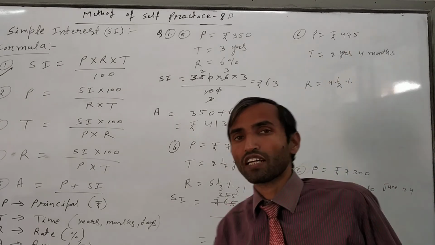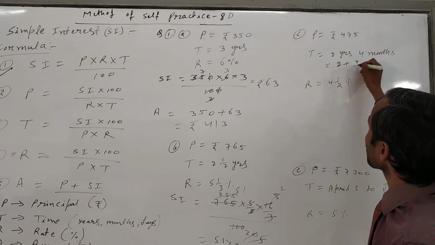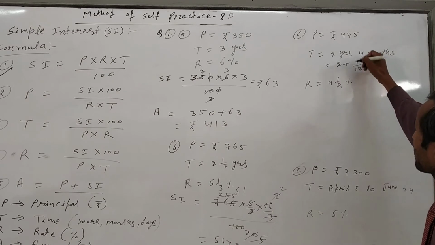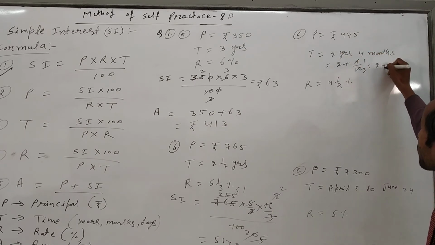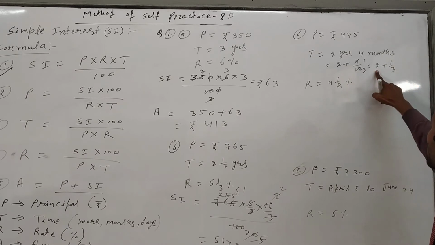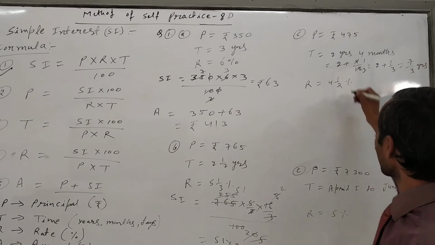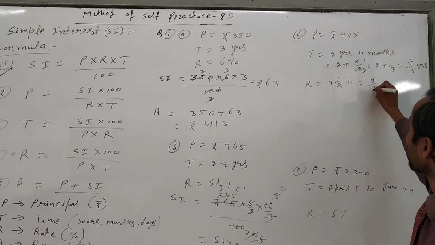So first of all we will convert this month into year. So it will be written like this: 2 plus 4 upon 12. In 1 year there are 12 months, so we will divide by 12, in this only, not in this. So just cancel out, 3 will come, 1 upon 3. So 2 plus 1 upon 3. So it will come 6 plus 1, 7 upon 3 years. Okay. Now you can convert this mixed fraction also. So 8 plus 1, 9 upon 2%.